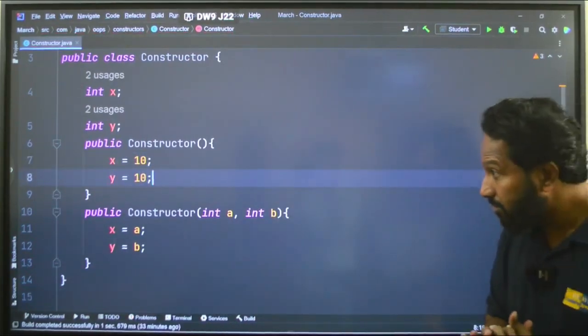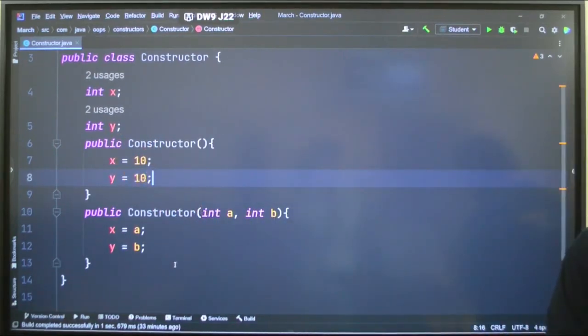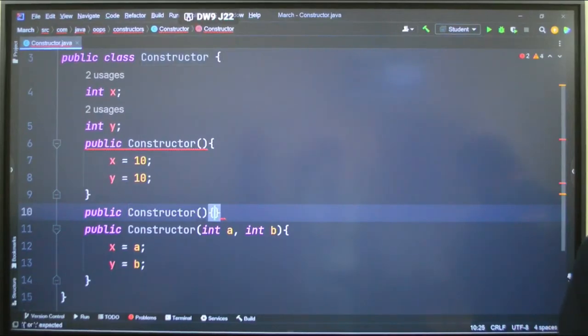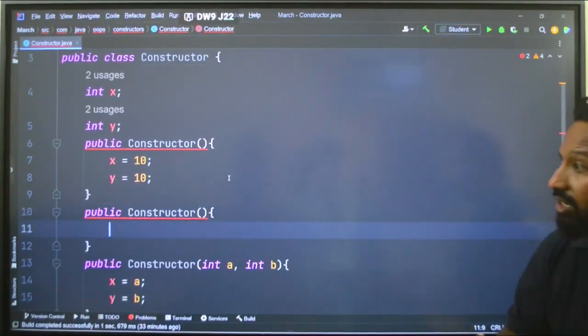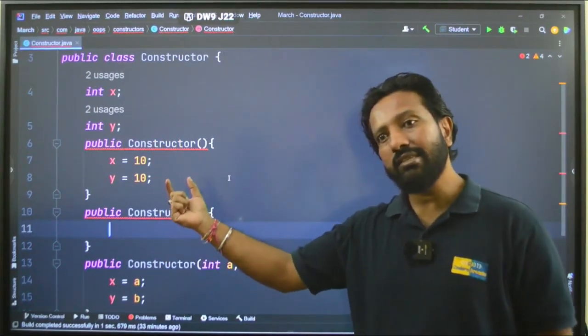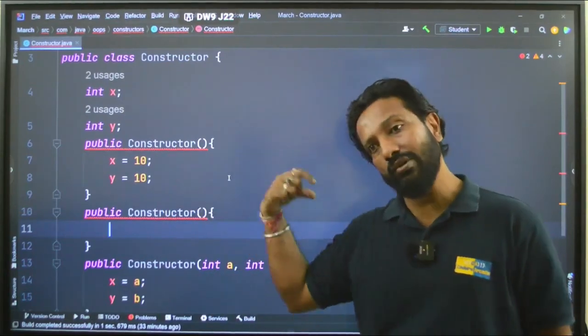But you see here guys, I cannot create one more constructor with the same type of data. If I say public constructor and give a bracket and do it like this, see, same name constructors cannot exist inside the class. That's why I told you about that concept.